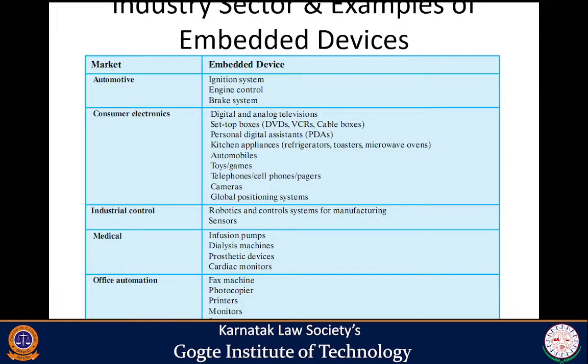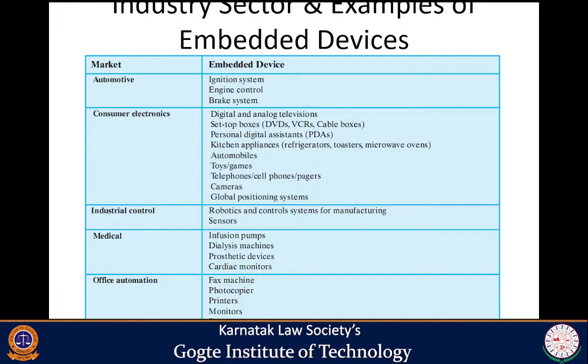Then industrial control, where robotics and control systems are present. Then medical fields, where you have infusion pumps, dialysis machines, and cardiac monitors. Even in medical fields, embedded devices are present nowadays. Then office automation, wherein you have printers, monitors, and scanners. In all of these, what you get is the embedded system, and that is what you will be learning as part of this